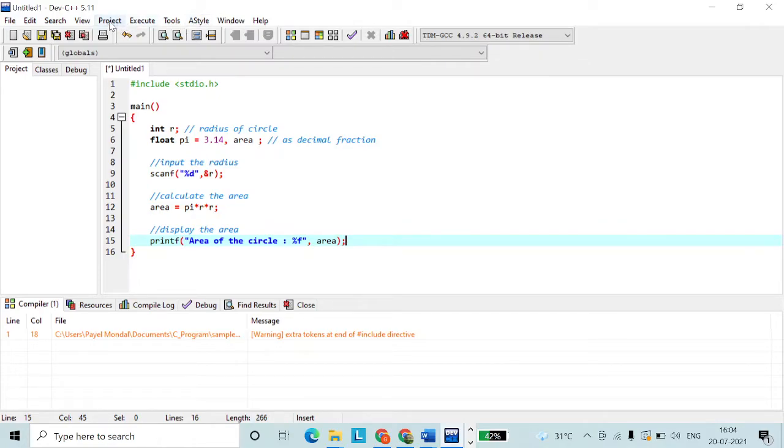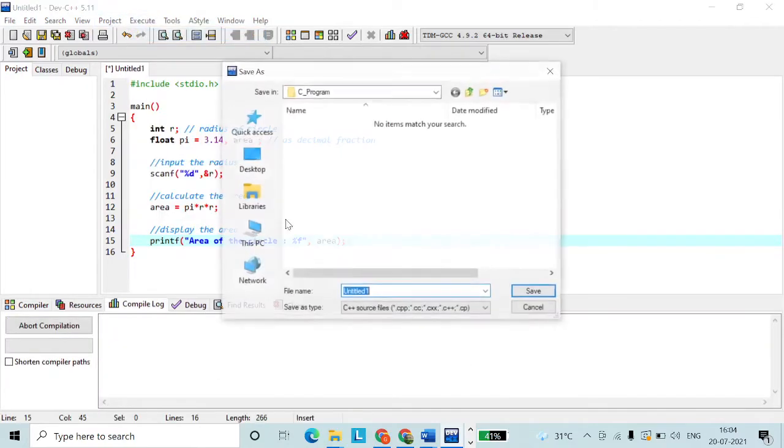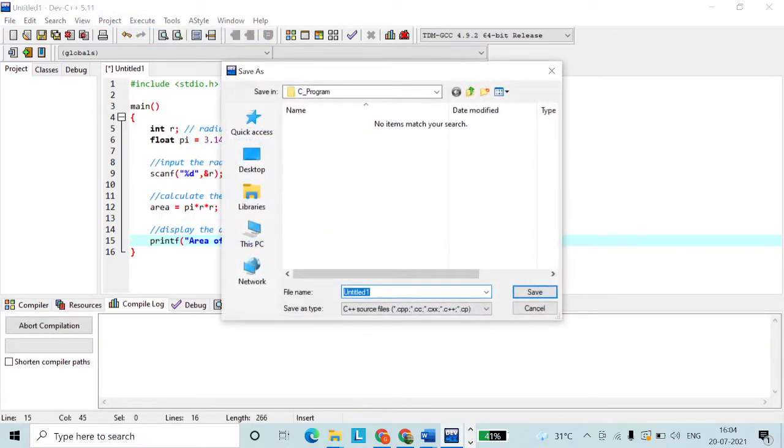If you run this, execute, compile, and give the name like area of circle, select C source file and save it.